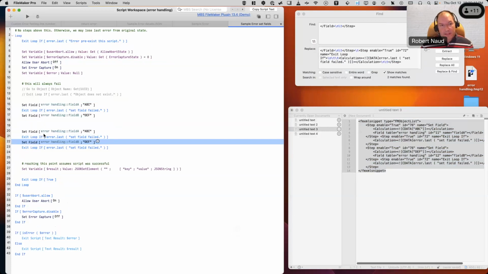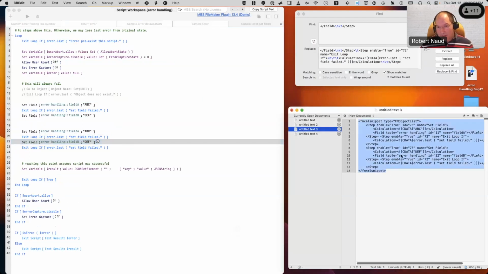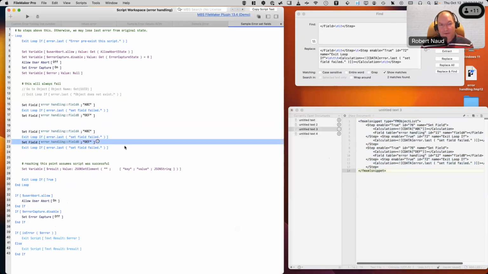And again, if I had wanted something somewhat custom to each, I could have inserted it. It just becomes hard to do something custom. You'd have to look for something from the step before and say, okay, it's this field that failed or something like that. But you could strip those things in FileMaker. Over here, I'm just doing a text substitution in a BBEdit document, but those things are within reach, so the more tooling you have for things like that,